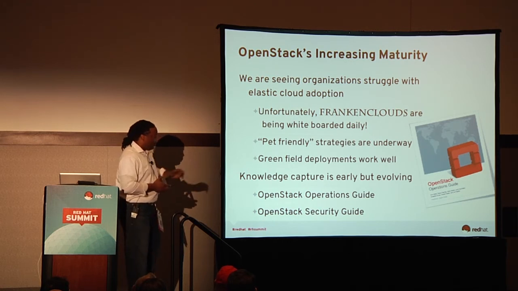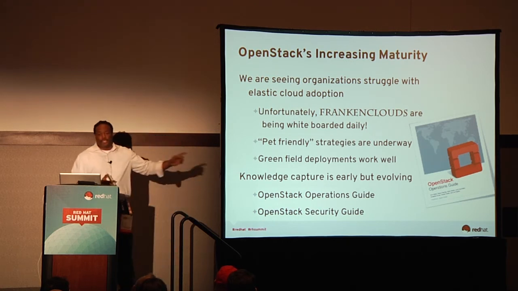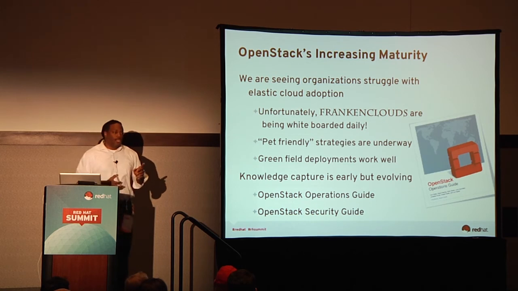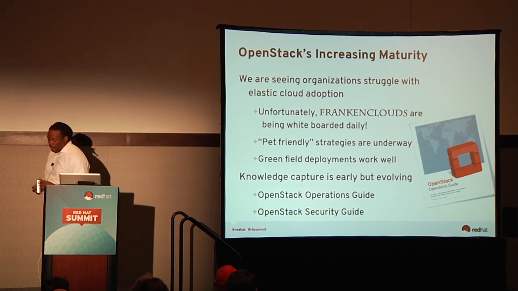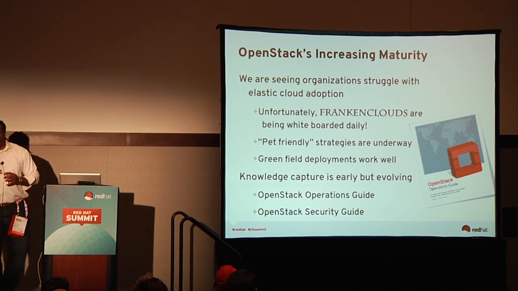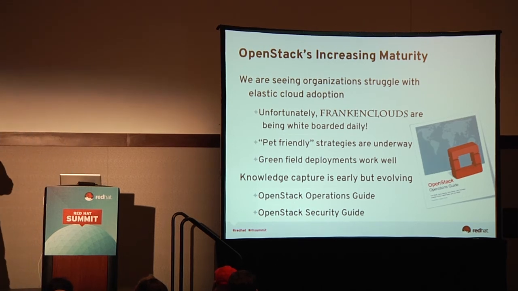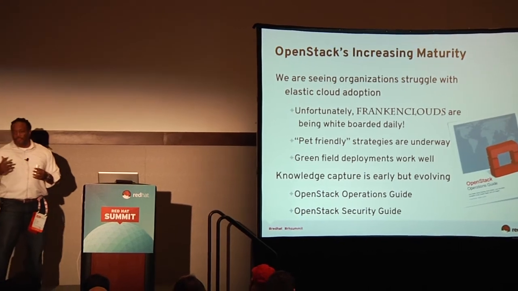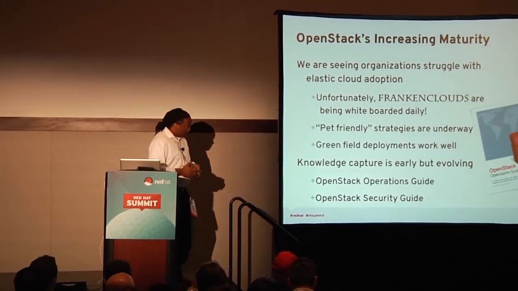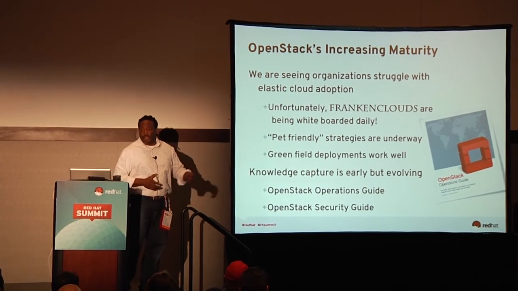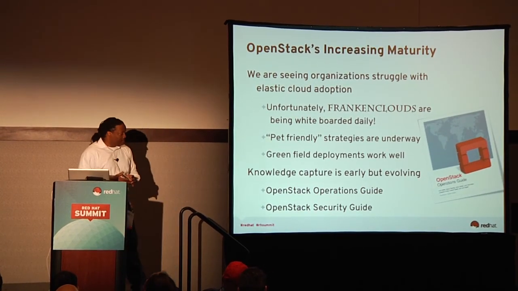There was the OpenStack Operations Guide. This is a free book that you can download. What happened here was, I think 8 people got together in Texas in a room, and these guys had real-world operations experience. They did what's called a book sprint. They wrote a book in 5 days, and they called it the OpenStack Operations Guide. So you can Google for that, download the PDF, start reading it on your way when you leave the summit.